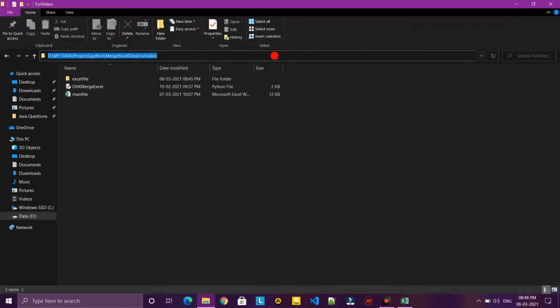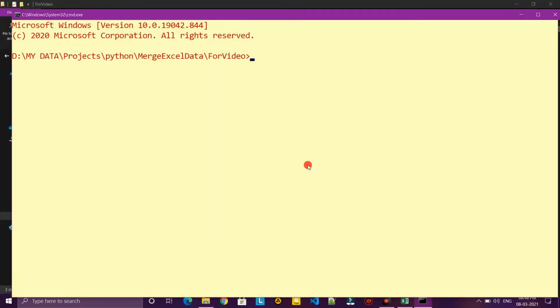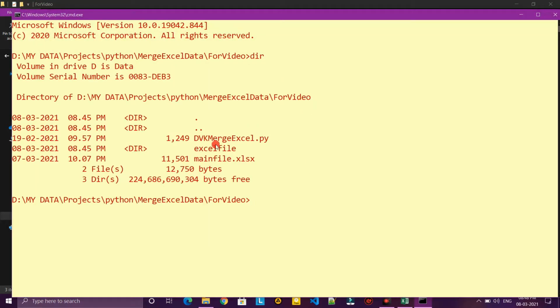So how it is working, you see, I am opening a command prompt here, and in this command prompt I have my code, and I have the Excel folder also, and the main file also. I just have to run this and press enter, and it will automatically read the files one by one.